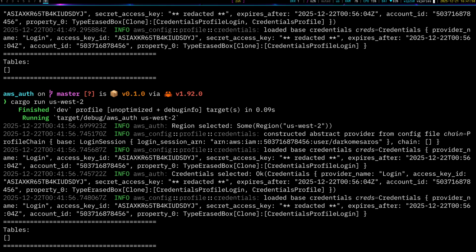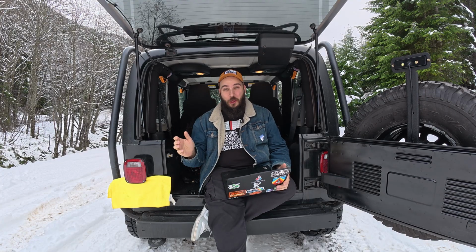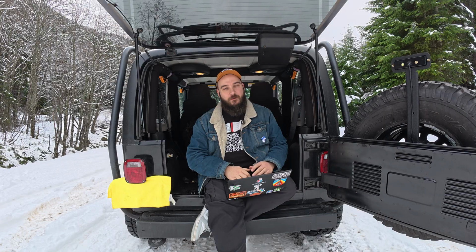You actually don't need to do anything of that. You can just do a from env and do a .load, and that's going to be more than enough for you to work with